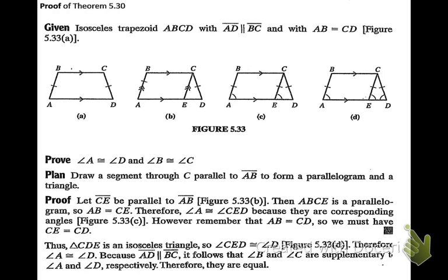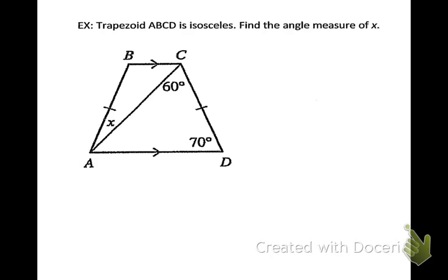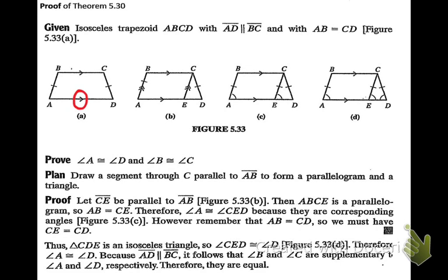Okay, so we have an isosceles trapezoid with AD parallel to BC, and we have AB congruent to CD. So to prove this, we're going to draw a segment through C parallel to AB to form a parallelogram and a triangle. So here's the proof. We would let CE be parallel to AB. So we've got CE parallel to AB. And then ABCE is a parallelogram